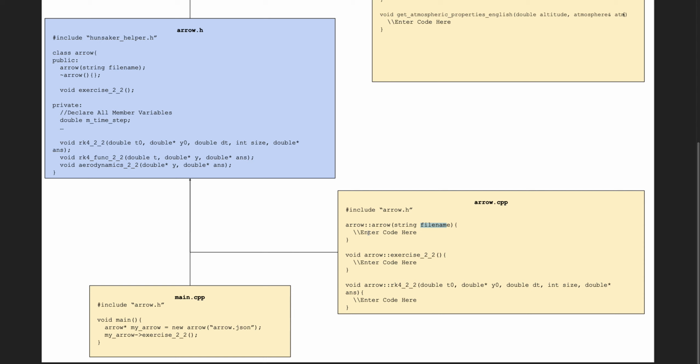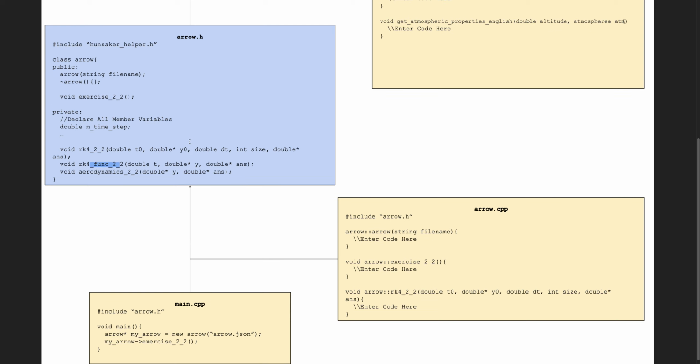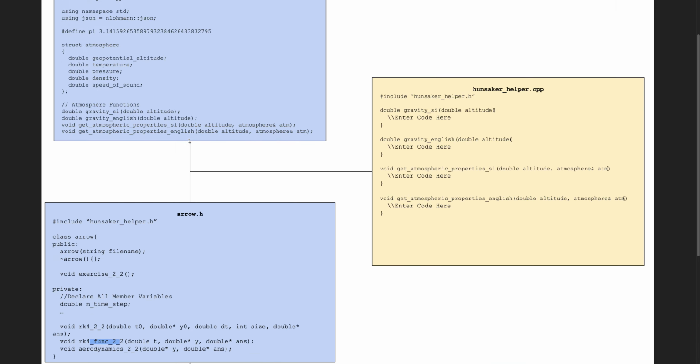We need to be able to call. Another example is inside of the aerodynamics, and also inside of this one here, we need to be able to call atmospheric information. We've got to know what the density or whatever it is at a certain altitude, because we have the altitude of the aircraft or the air or whatever. We've got to call our atmospheric function in order to get that. Okay, so those are two examples of things that we would put in another file up here called a helper